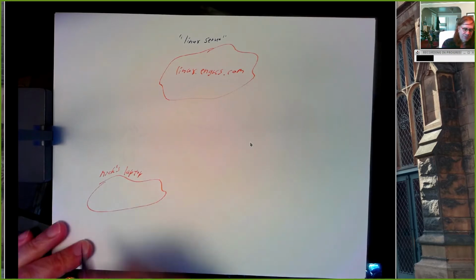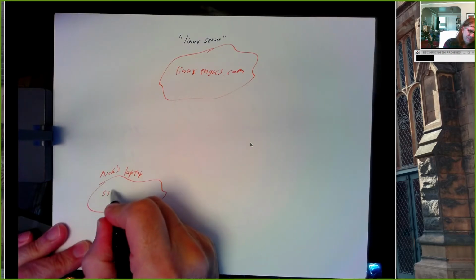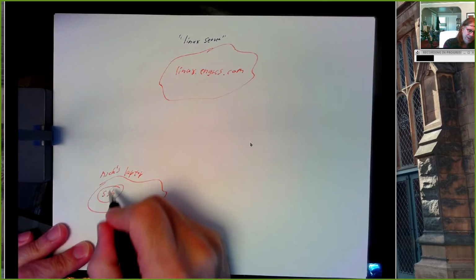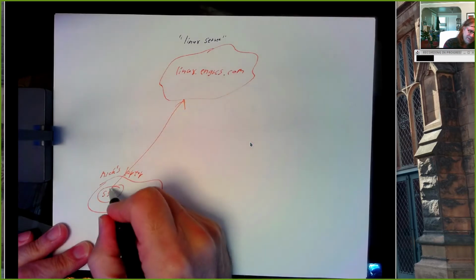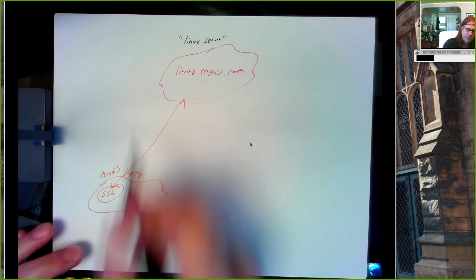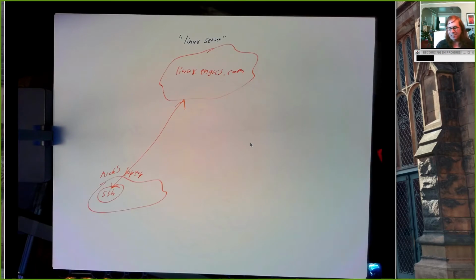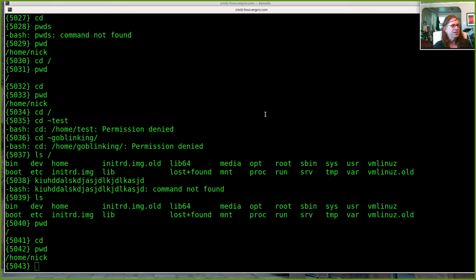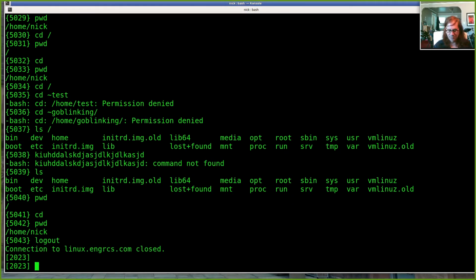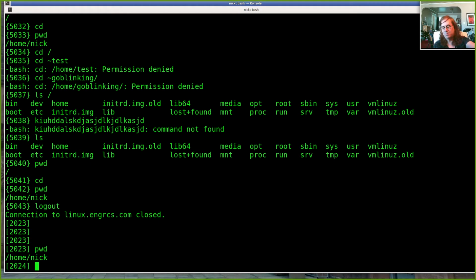So what I do is I run a program on my laptop called SSH. SSH creates a connection to another program on this machine that will find out who I am, see if I'm supposed to be using this machine, and if I am, will establish a connection. So how do I do that? This is my laptop, sitting on my desk.